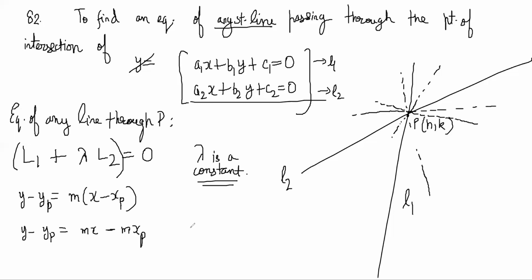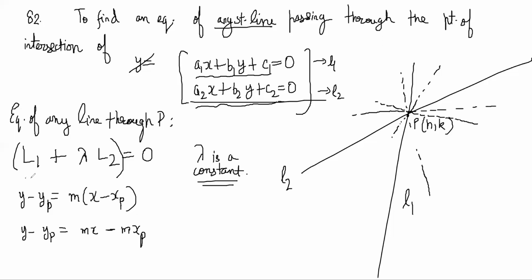The main thing is that yp and xp can be gotten in terms of these, as the intersection point of these, so you have b1c2 minus b2c1 by that one, right? When you express it like that,